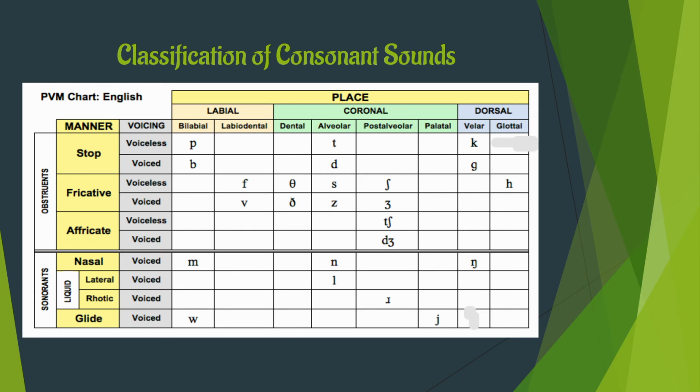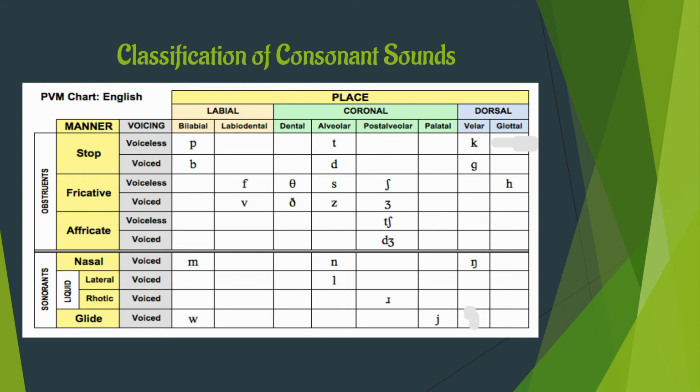But moreover, it is alveolar. The place of articulation of S and Z is the same, but one is voiced, the other is voiceless. Place of articulation is the same and manner of articulation is also the same, but one is voiced, one is voiceless. Now the sound Z is described as alveolar voiced fricative. Alveolar voiced fricative.